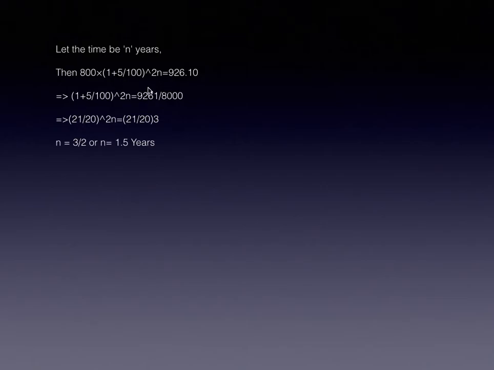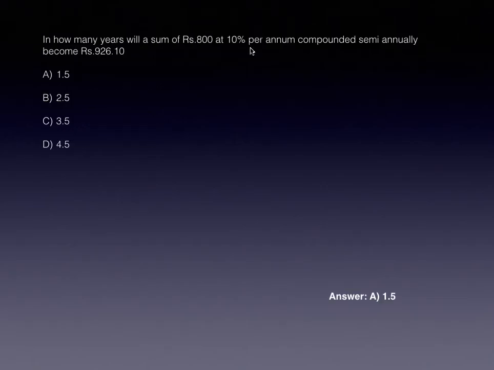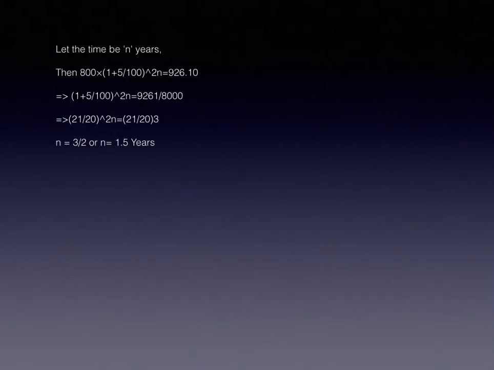So we take half of the interest rate per annum, that is 5, and the equation becomes 800 into 1 plus 5 by 100 whole raised to 2n, which gives us the final amount. Therefore 1 plus 5 by 100 whole raised to 2n is equal to